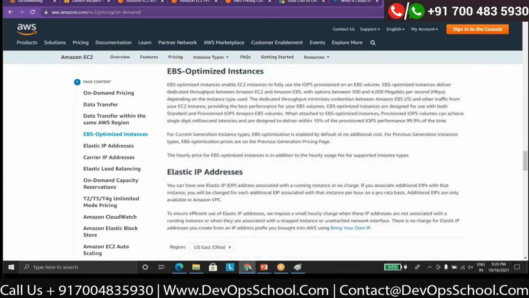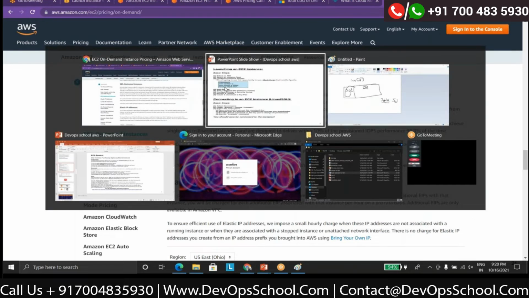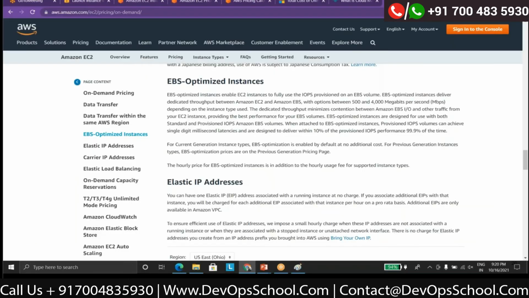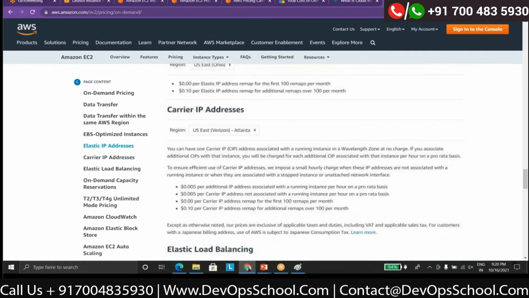Yeah, again, if you want to see the EBS costing as well, these are the EBS volumes that I just showed you in the previous example. Every component will have a separate cost. So based on your requirement, your architect needs to see what is best fitting their use case, what your requirement is, and accordingly use that one.